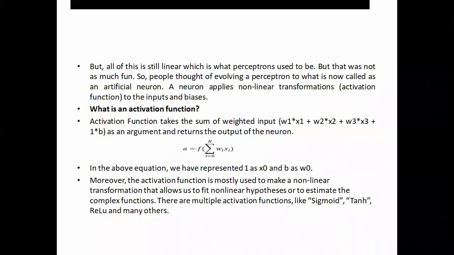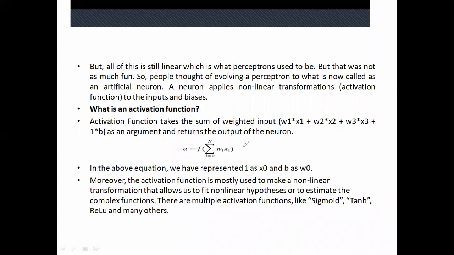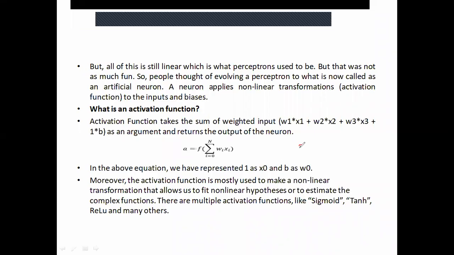Over here I have written that the activation function takes a sum of the weighted inputs, which I have told you as an argument, and returns the output of the neuron. Now, what can be the output? It can be 0, it can be 1, or in case of the Iris database, it can be setosa flower, versicolor or virginica, this way. Now, there are different types of activation functions like sigmoid, which we have already done. TANH is there, then ReLU is there. I will be doing all these activation functions later on.